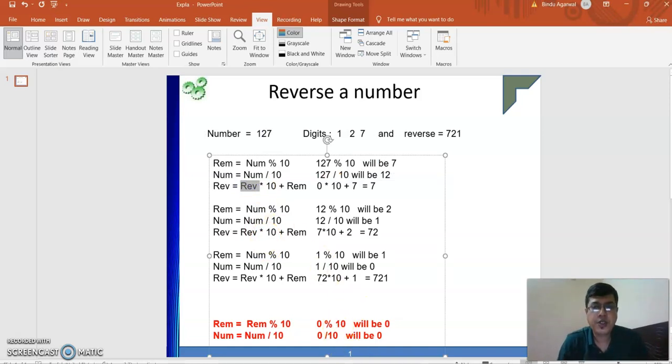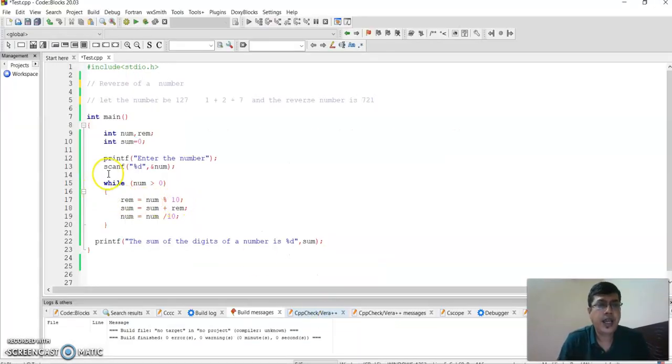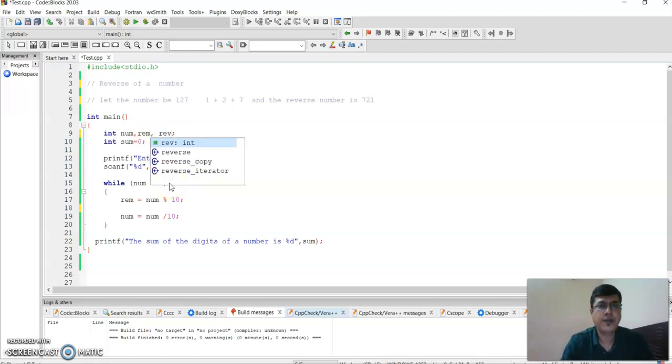Now let's go back to the program. These statements are the same, so I remove this. We don't require the sum now because we are finding the reverse, so I declare another variable called rev.